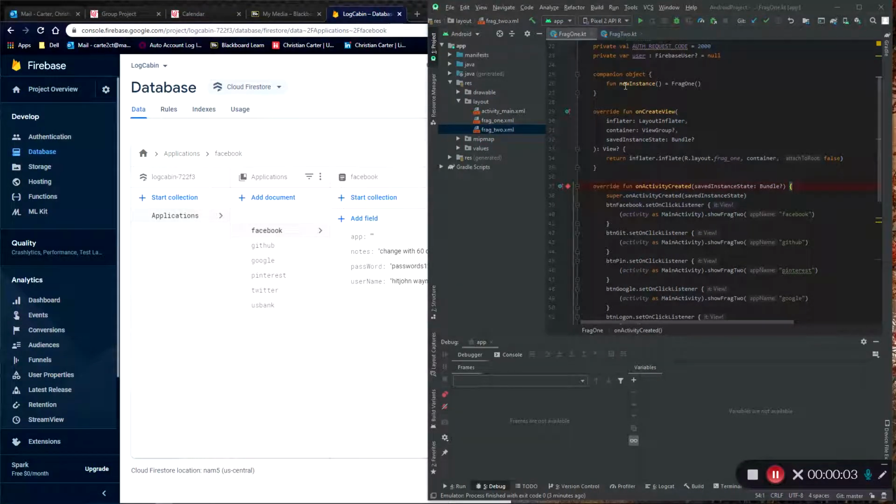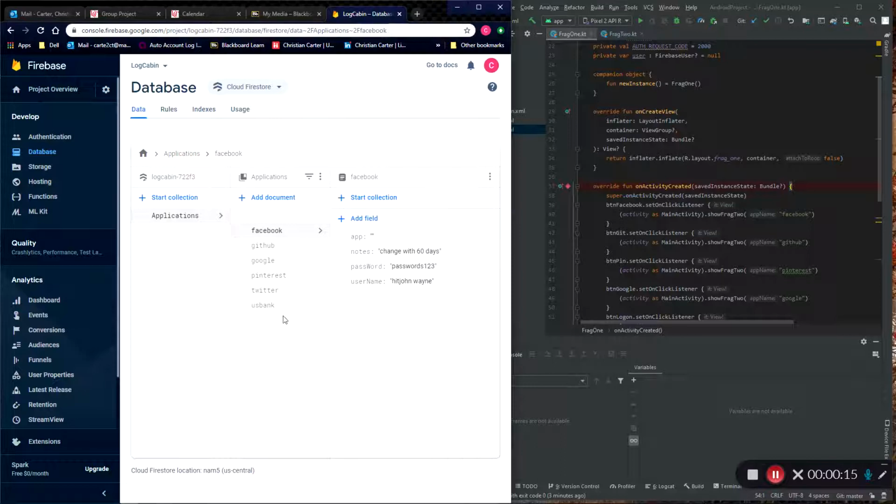Hey guys, today I'll be talking to you about our Android Studio project. The project is called Log Cabin. Log Cabin is used to store passwords for designated apps and maintain notes for each app specifically. On the left, you can see that the application has access to Firebase storage. We use the database section to store info and withdraw it when selecting the app that the user wants to